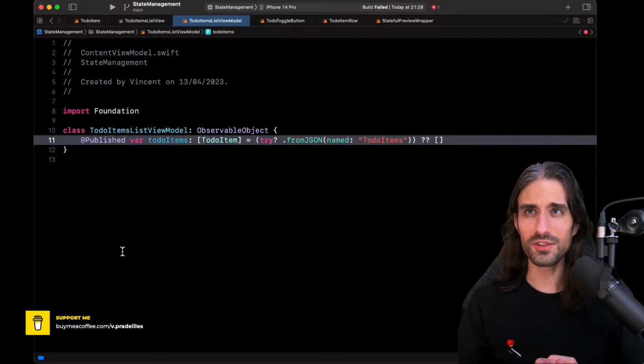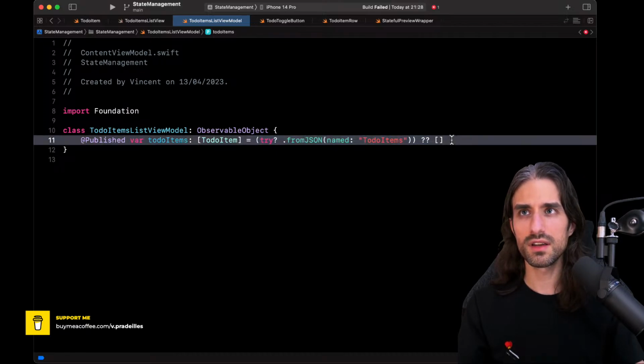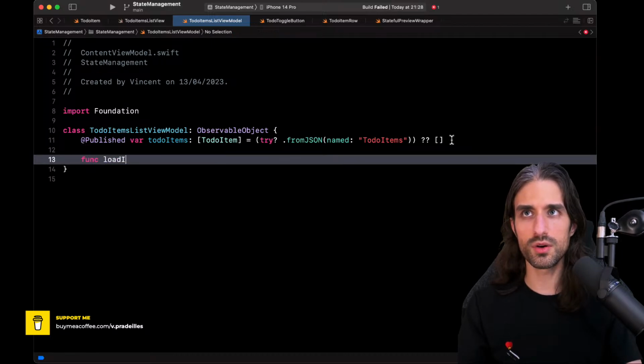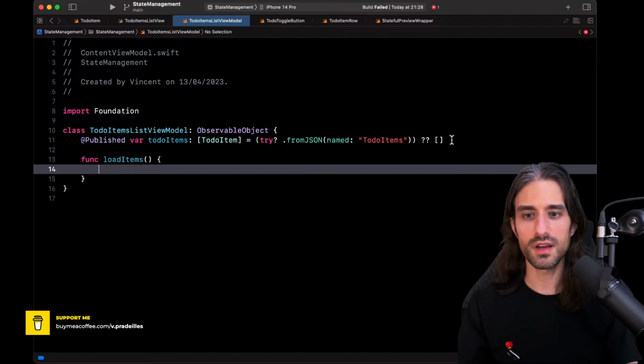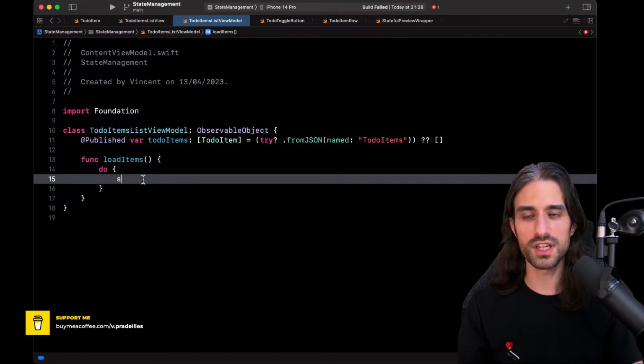Okay, what will be the next step? The next step will be to actually move this code right here. I'm going to move it away inside a method I will call loadItems like that. So this method will be able to call here the method fromJSON. So I will do self.toDoItems equal try and decode from the JSON.